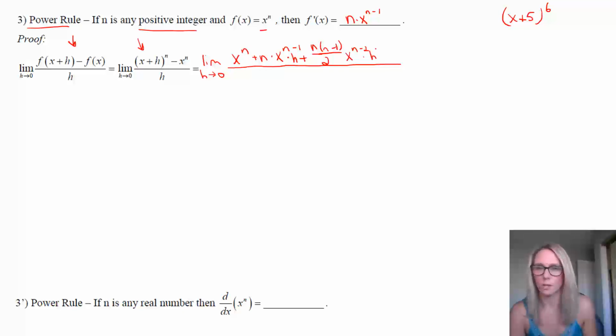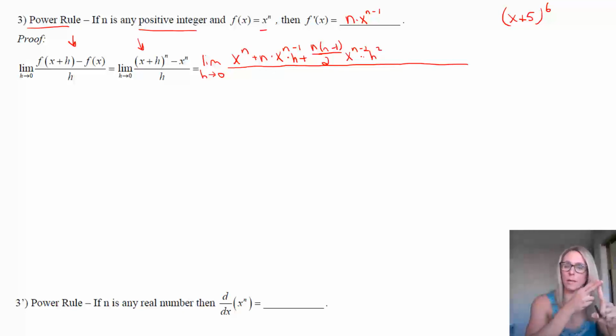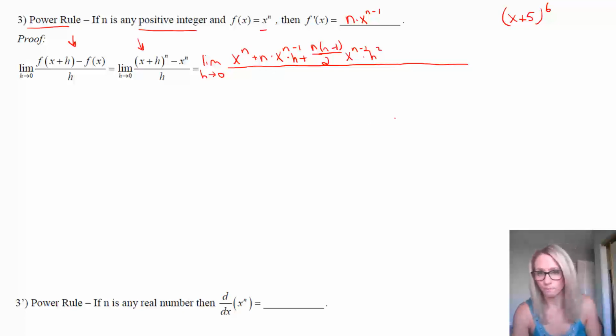times h squared. So what you want to see with the binomial theorem is what happens is you start with x to the n. Every term, the n goes down by 1. And every time, the h is going to go up by 1. So notice the first term just is x to the n. That has h to the 0. And then you have h to the power of 1 in the second term, h squared in the third term, as you can see. And then we just keep going. So there's a bunch of terms in between depending on what your n is. They don't matter to us, so don't worry. And then what we have is the last term, which is plus h to the n.